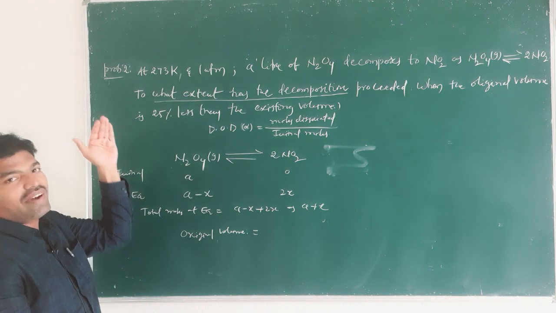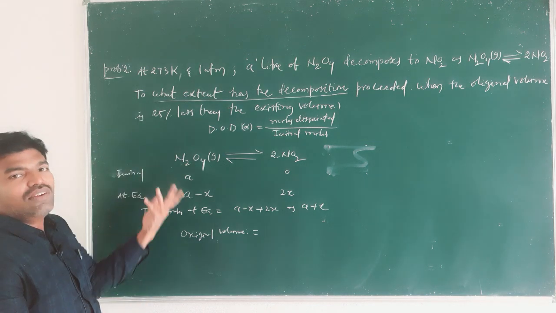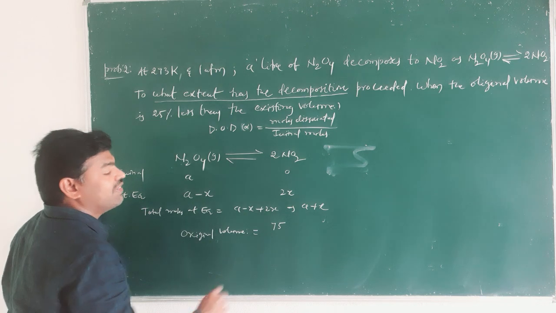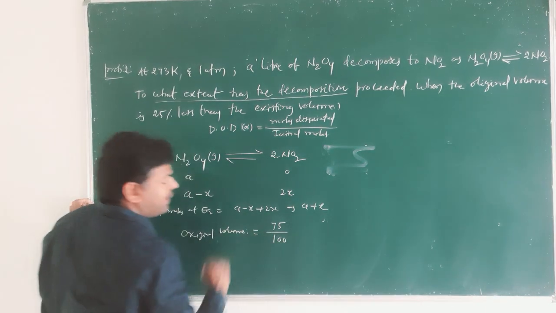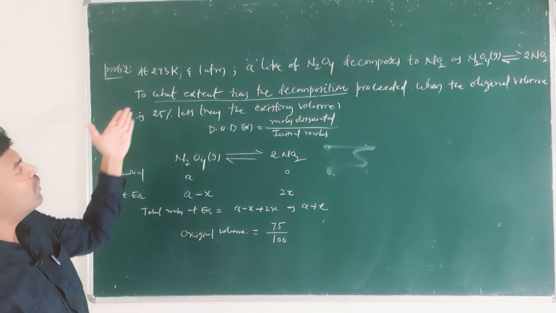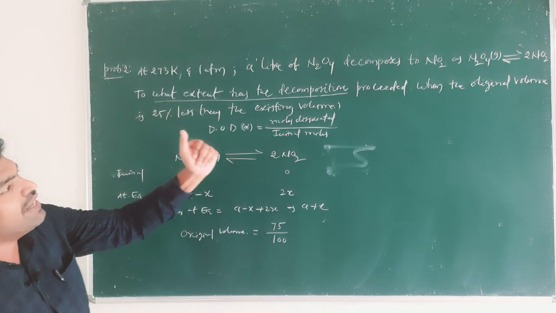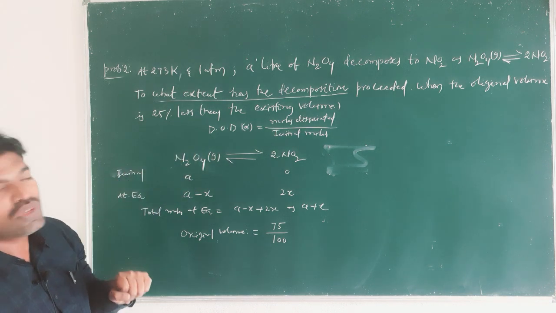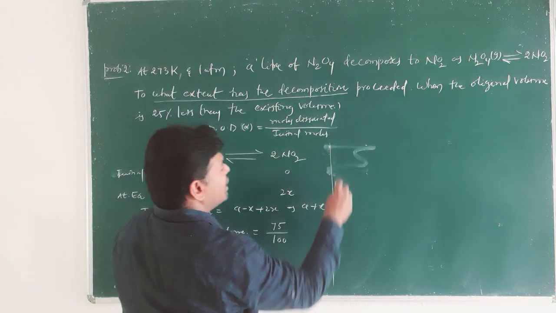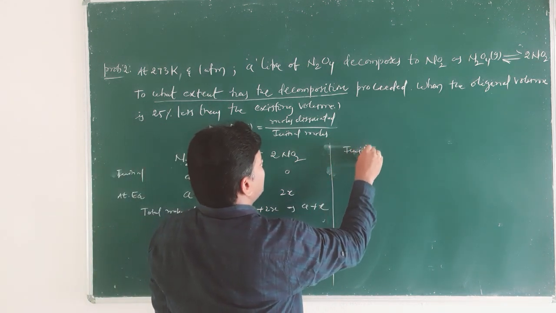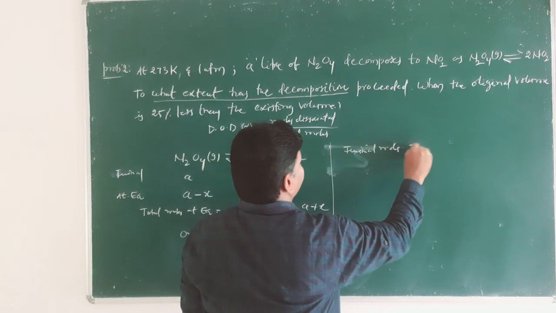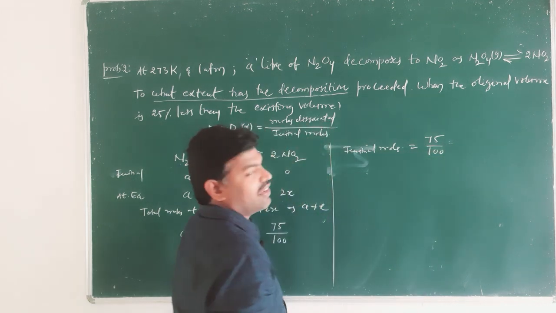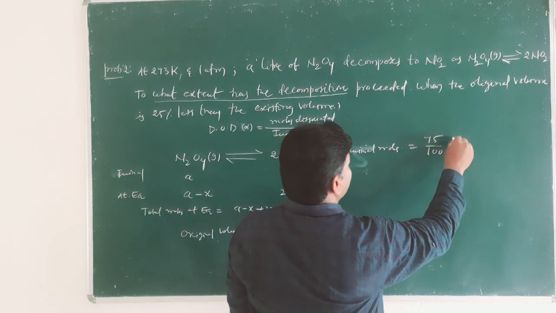So, if 25 out of 100% is less, then what percentage remains? 75%, that is 75 by 100. They have given: to what extent has the decomposition proceeded when the original volume is 25% less than the existing volume. So, the initial moles is equal to 75 by 100, because the existing volume is 75 by 100, and the moles at equilibrium are A